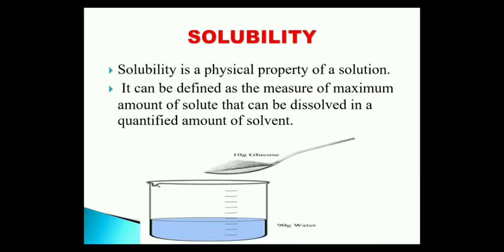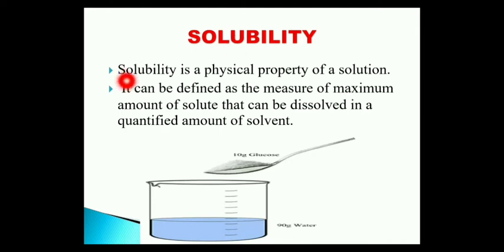So in the previous class, we had learned about solutions and the types of solutions. We had also learned how solute and solvent are the two important components of a solution. We had also learned the 7 important methods to calculate the concentration of a solution. So today we would be learning about solubility, which is topic 2.3 of the NCERT textbook.